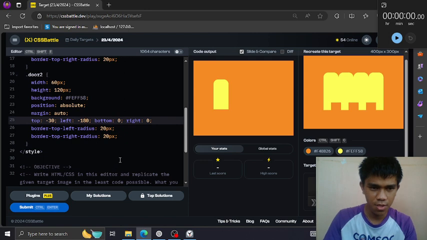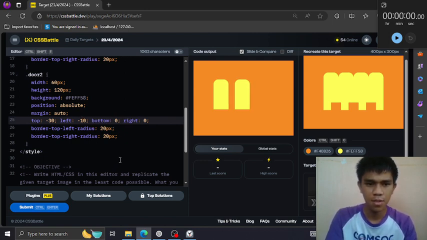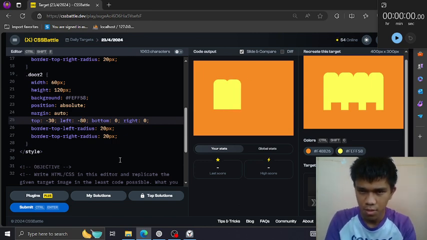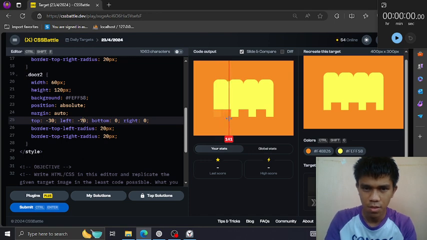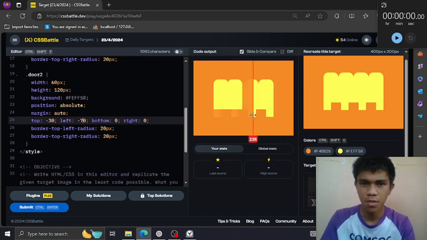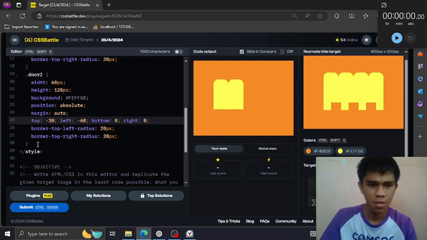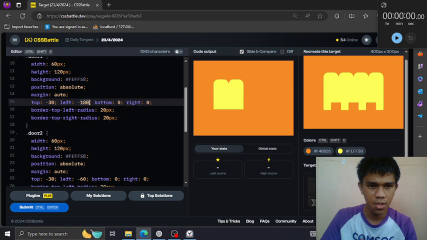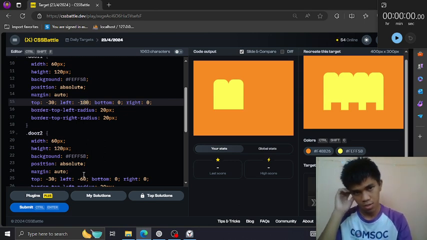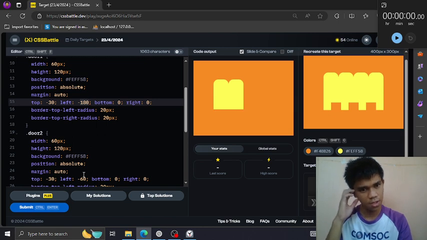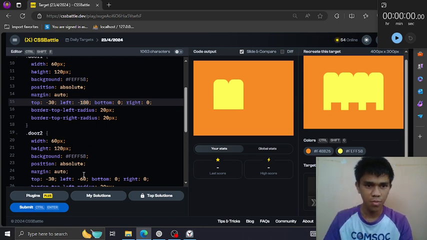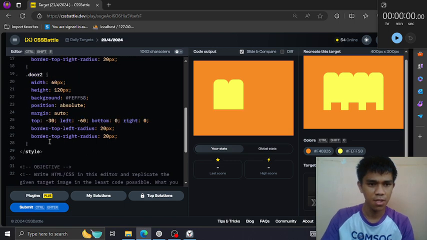Let's push this to the right. Okay. 60, 180 minus 60, 120. So it moved 120 pixels.